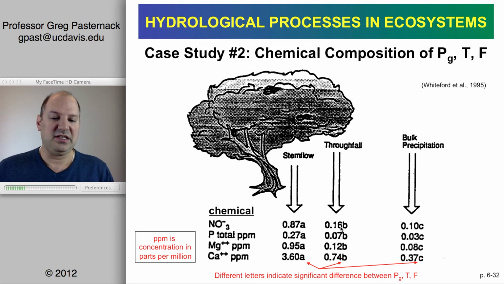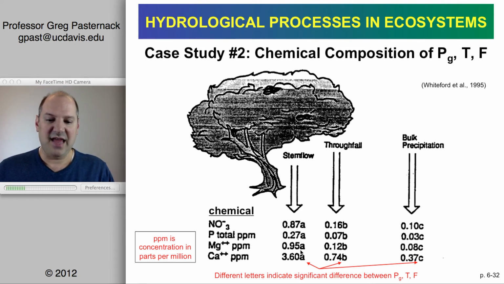But it is interesting to see that they have enough samples to be sure, at the 95% confidence level, that 0.16 ppm of throughfall is different from bulk precipitation. So if the rain only has these amounts of these things here, and then the throughfall and stem flow have more, that has to be coming from somewhere, because mass can't be created or destroyed, it has to be conserved. So that means that the water is hitting the leaf or the branch and it's picking it